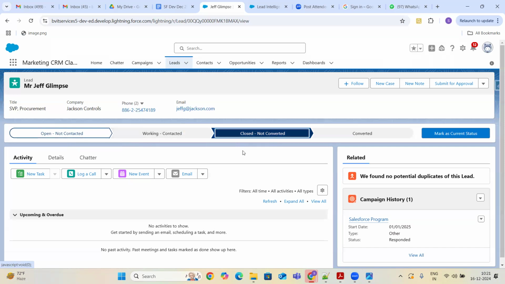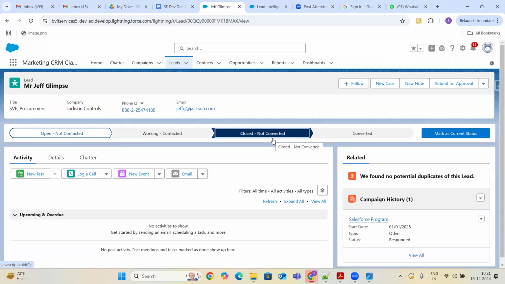Then there are two important things: closed, not converted, and converted. Once they reach us, we tell them, no, I'm not interested. I don't want to take any loans or credit cards.